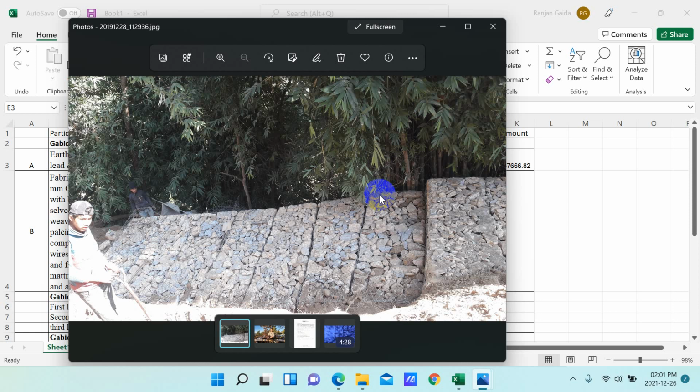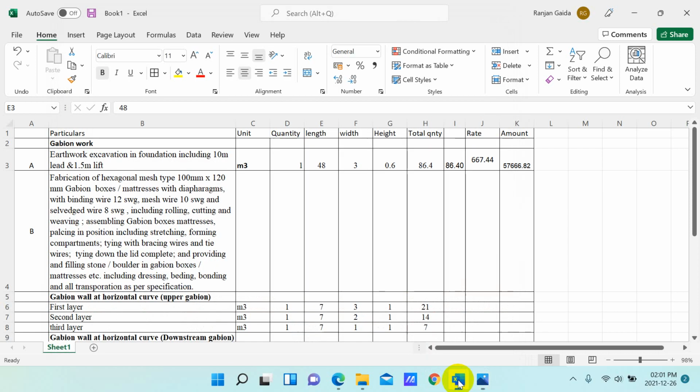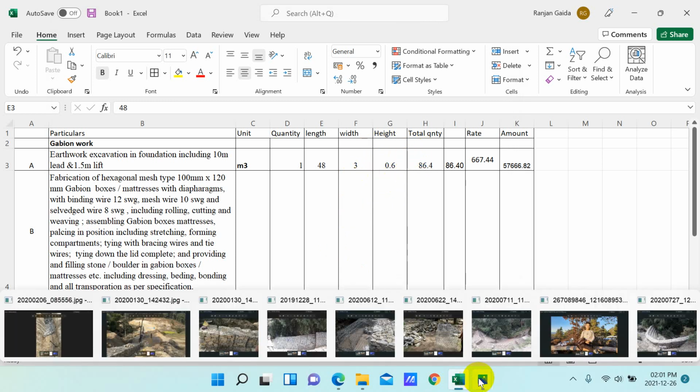Let us say the gabion wall is 3 meters wide, then the excavation should be a little bit more, let us say 3.5 meters, so that it will be easy for workability and also to install the gabion wall. So let us go to our estimation section, and the height is 0.6, and 0.6 means from the ground level we have to excavate 0.6 meter below. As you know, the standard height of a gabion wall is always 1 meter, so it does not matter, it is just a height of 0.6 meter from the ground level.